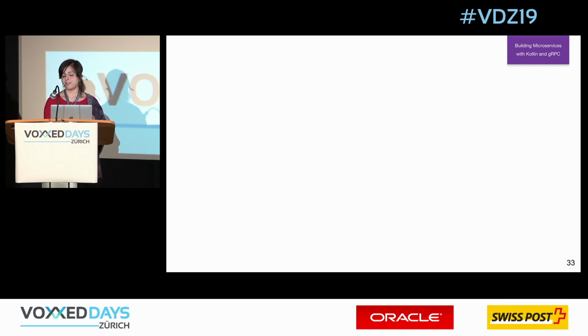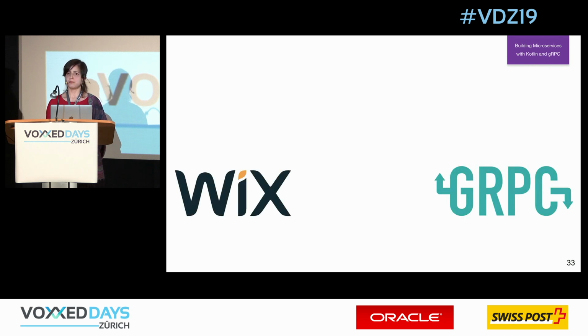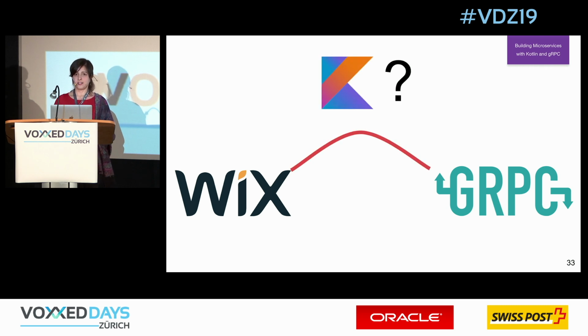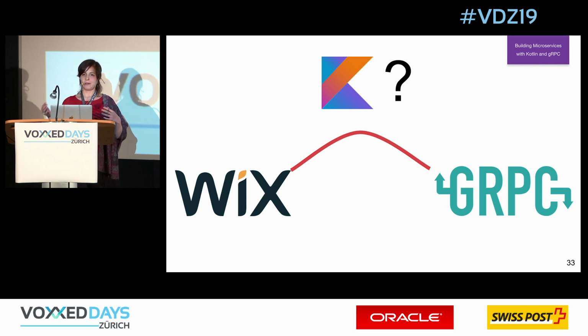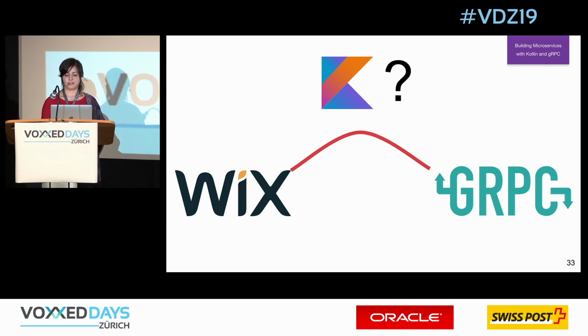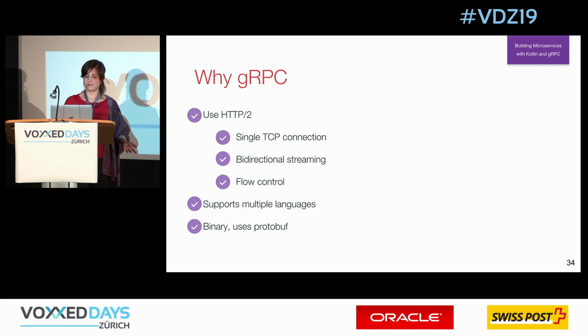But there are some problems. For example, Scala developers are hard to find, and there are some cases when we want to try Kotlin. And we started thinking, is it possible to introduce Kotlin with gRPC into our existing frameworks? Actually, it's still a question because we have a POC, but it's not in production yet, but we are working on it. So that's how this talk appeared.